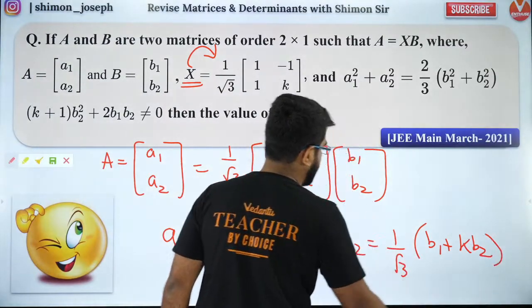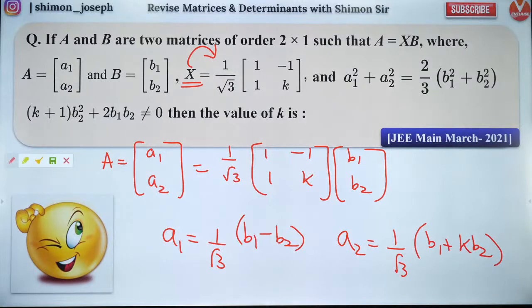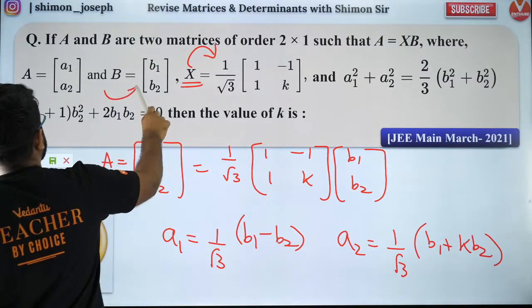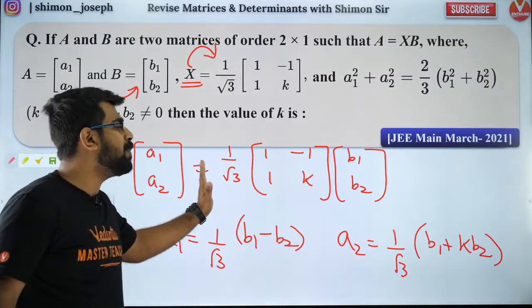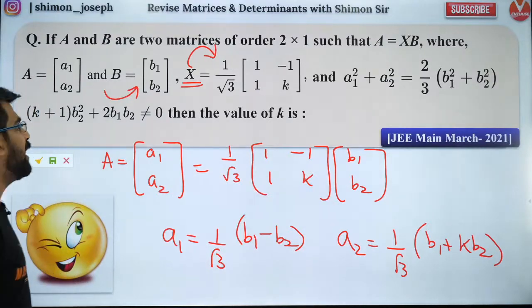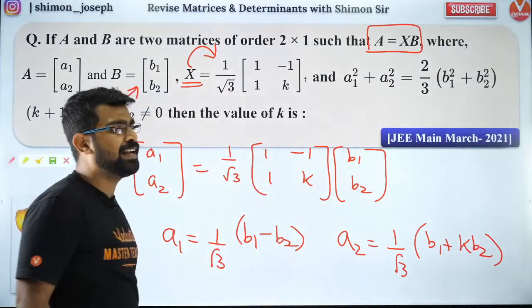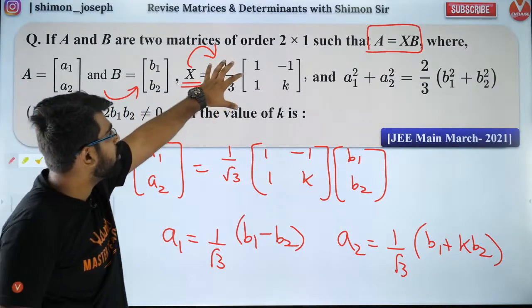Are you all okay with that? Everybody? Till here, did you guys understand it? Yes, Kirti Haran, I will give you some time. Noah, you cannot find B inverse because B is not a square matrix. So here you cannot do that. You directly have to multiply them and then compare. A is equal to XB is given, right? Why make it more complicated? X is also given to you.